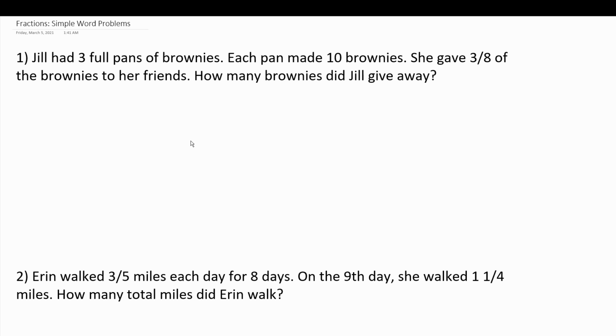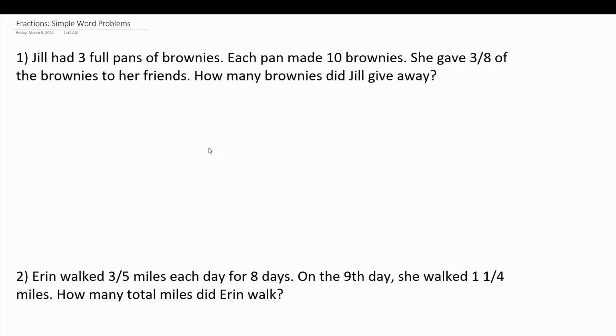But that said, none of these problems are going to be too difficult. And for that reason, I recommend that after I read each question, you pause the video, attempt to work out the question on your own, and then resume playing the video to check your solution. So all that being said, let's go ahead and get started. In total, there are going to be 10 problems in this video.